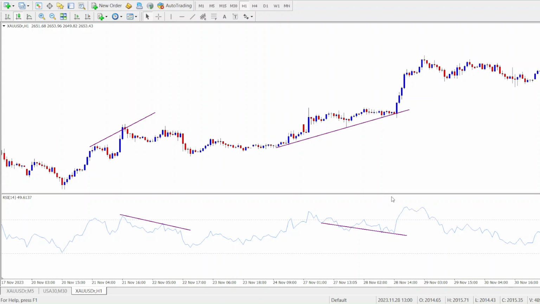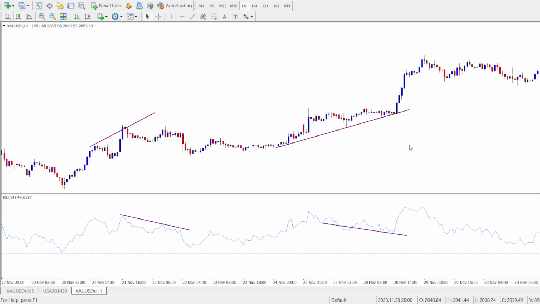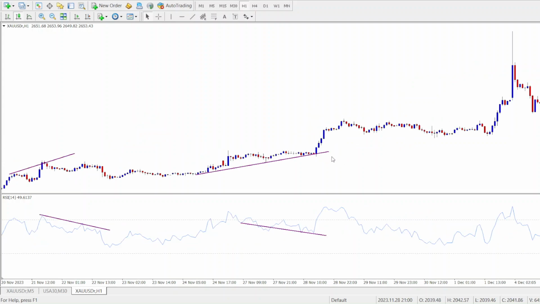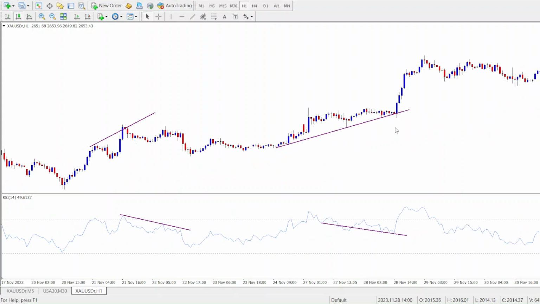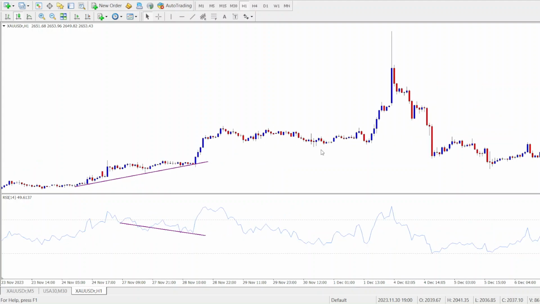This suggests that the current uptrend may continue, and we can see that it happened. The uptrend continued right after the bullish hidden divergence formed. So if we were already in a buy trade, we could have gotten confidence to stay in the trade longer. Or if we were yet to enter the buy trade, we could have just considered entering right after the bullish hidden divergence formed, and then we would have ridden the price all the way up to this point